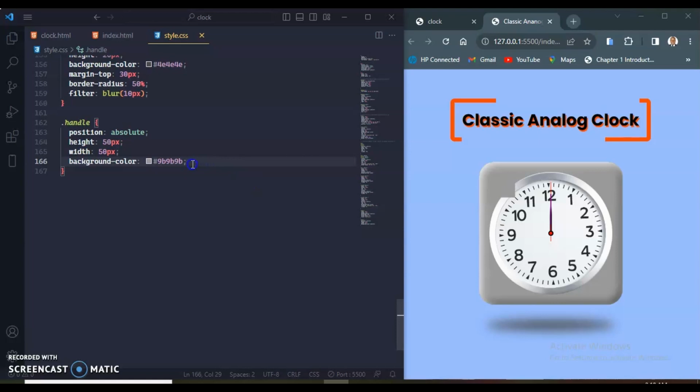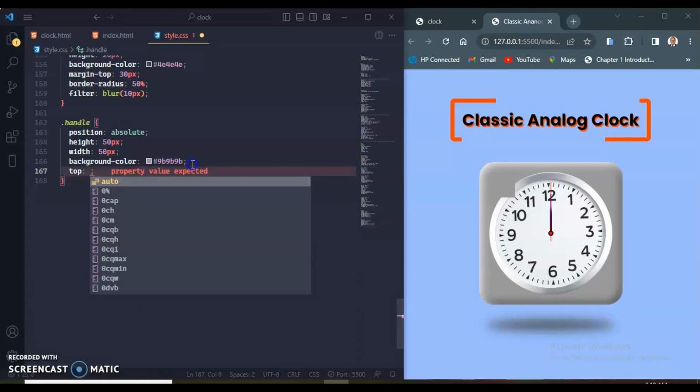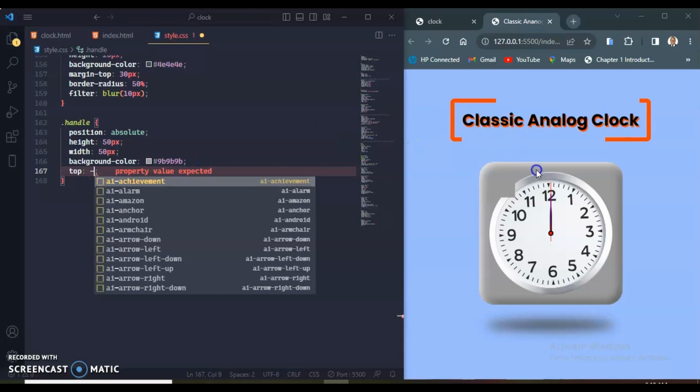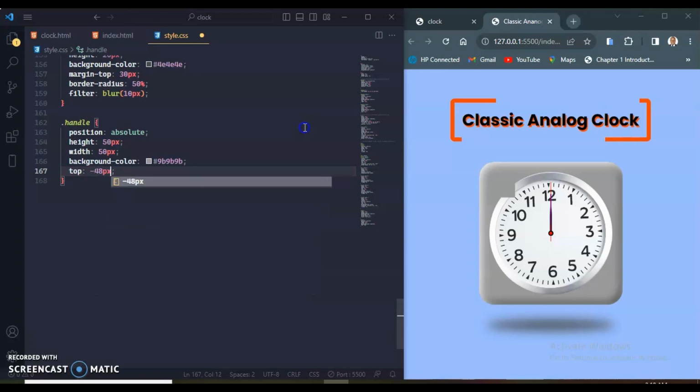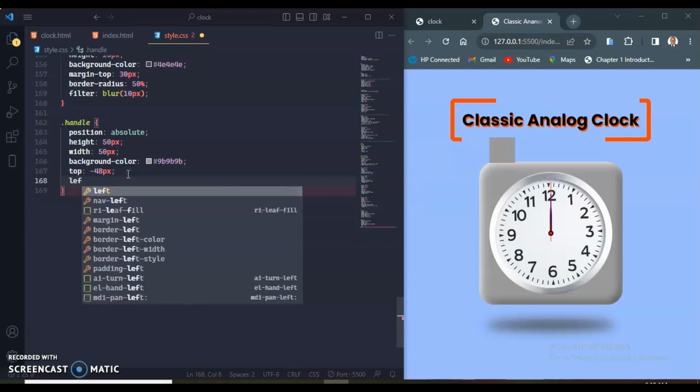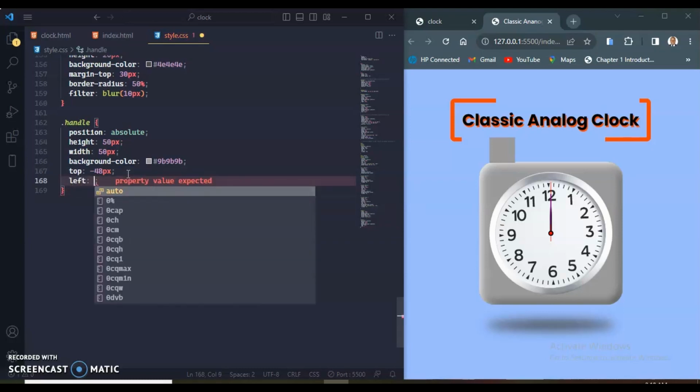Now we need to give some positioning so that we see exactly where it's going to go. Let us give some positioning to the top, and if you're giving some positioning, you need to consider where exactly you want to take it. If you're taking it up there, then you give a negative so that it pushes it up. So let me give negative 48 pixels. When we save, we're going to see it up there, but that would not be the best position for it to be. We need it to be at the center, so you can say left